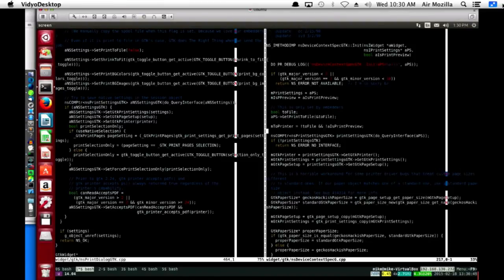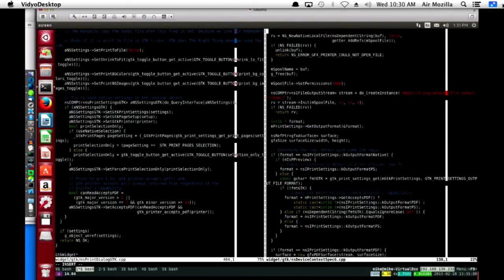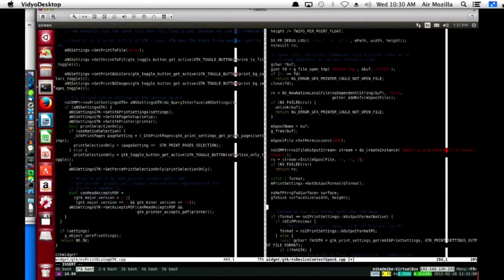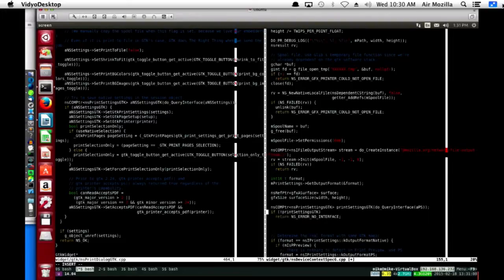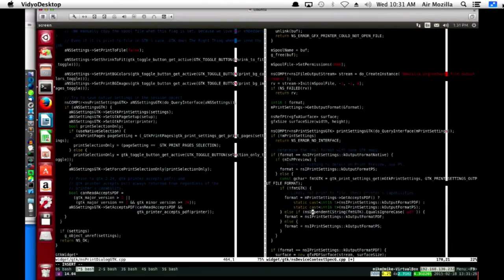Well, we can do the same business. Do it on M print settings. Not M print settings. That's probably fine. And now I should be able to use print settings GTK.